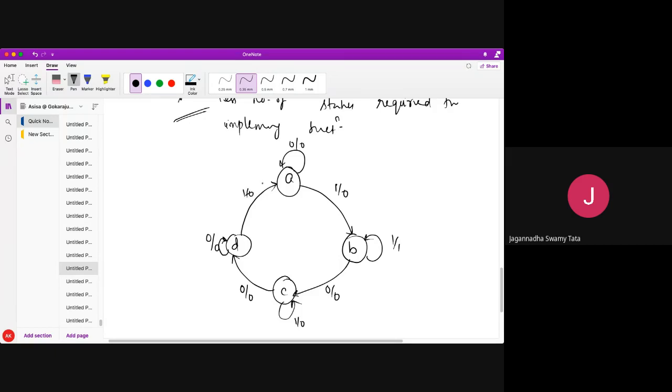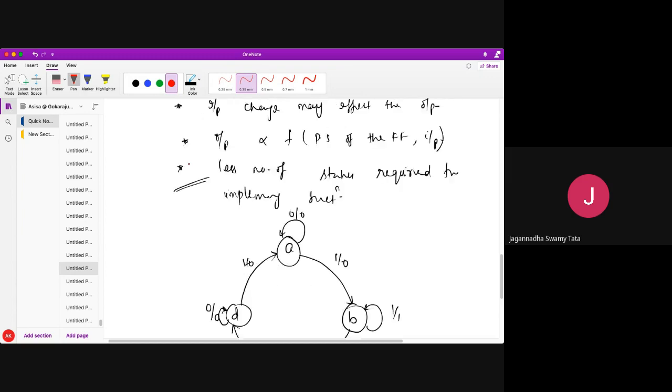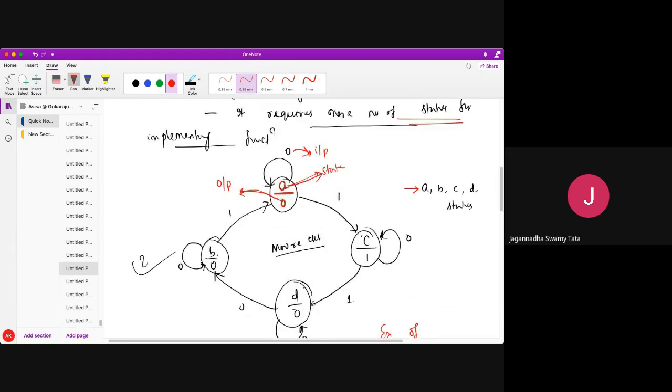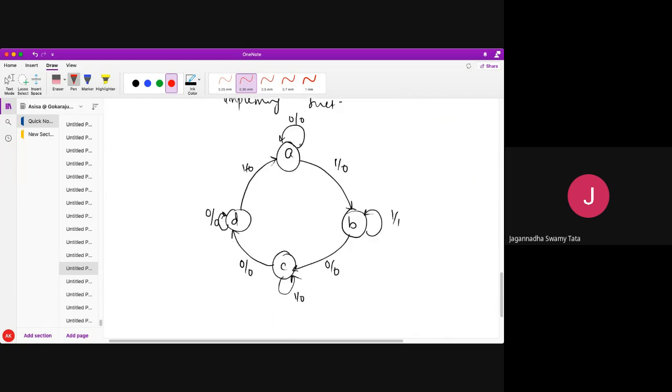So what are all these now? So see here in the Moore circuit, what have we seen? We have seen that the states have the output in the denominator, and in the state transition path we have the input. Okay, but here it is a little bit different. Why? Because we know that in the Mealy circuit, output depends not only on the present state of the flip-flop but also on the inputs. So this is one state, this is another state. Okay, these are my states. And this is written like 1 by 0, everywhere you can read 0 by 0, 1 by 0, 1 by 1, 0 by 0.